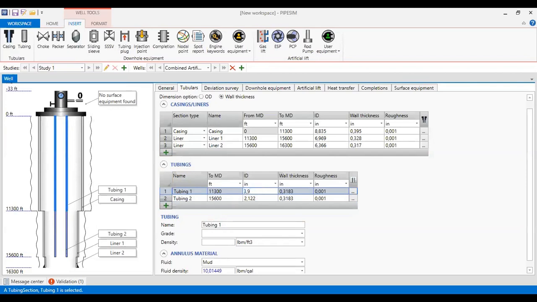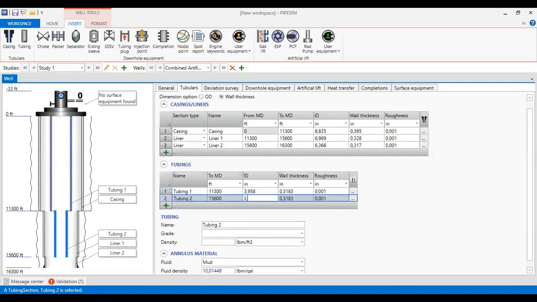And then this is the tubing inside diameter, 3.476 with wall thickness of 0.271, and the second one, smaller tubing, 0.262 with default roughness.